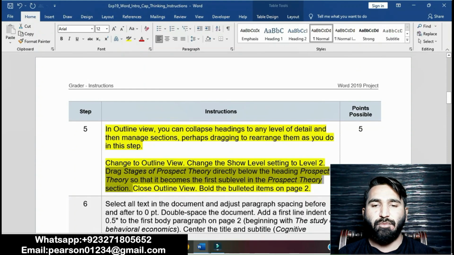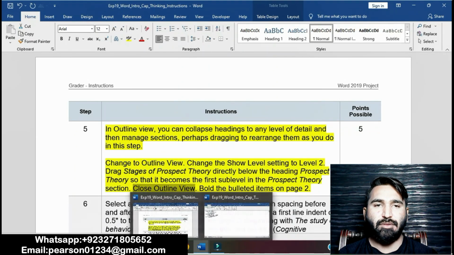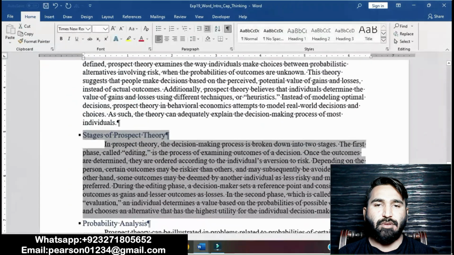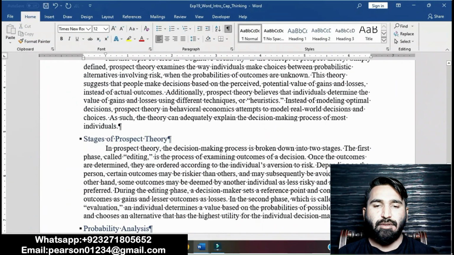Close outline view, bold the bulleted items on page 2. Close outline view. Okay, close outline view. Then